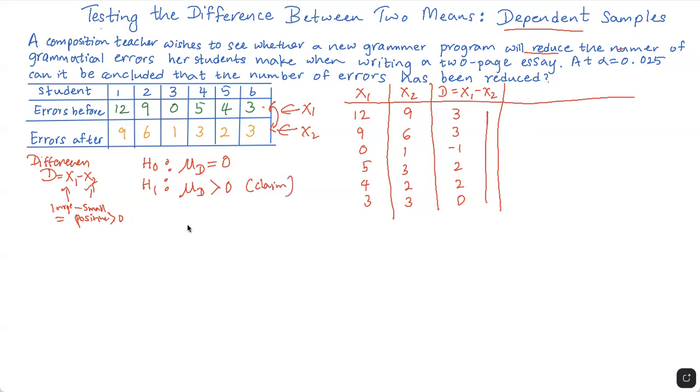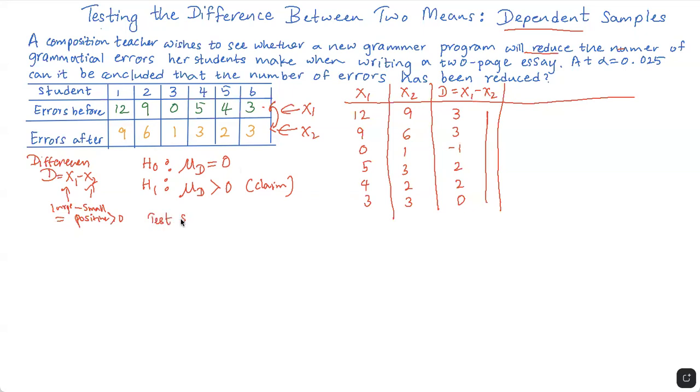We are going to see if this grammar program is effective here, right? If it is effective, then the X2 values should be smaller than the X1 values. So that means we are looking at the difference of means greater than 0. Okay. So this is the hypothesis, and then let's look at the test